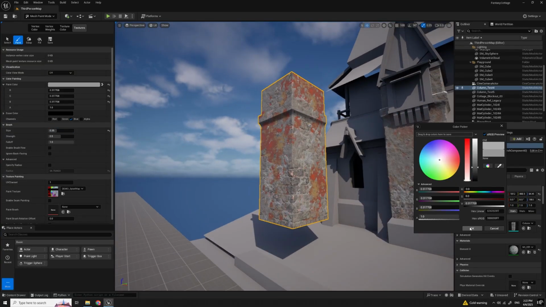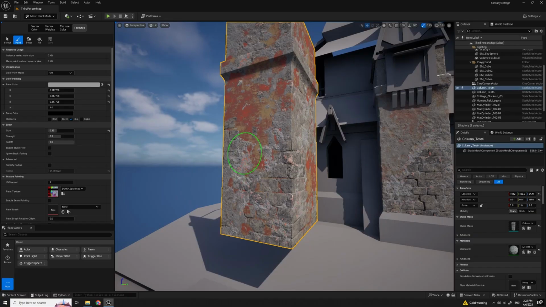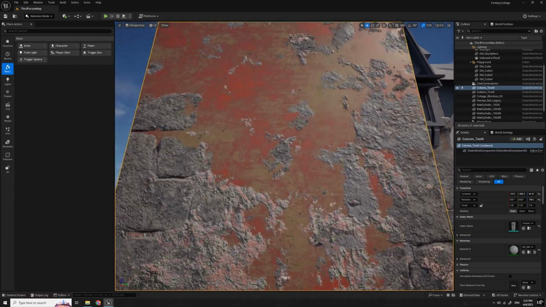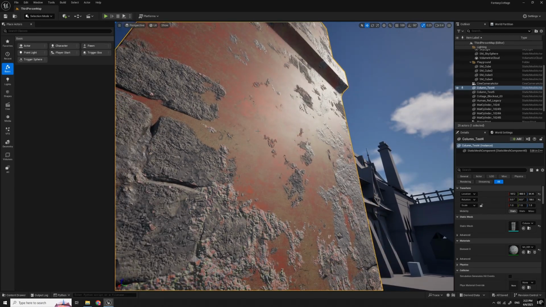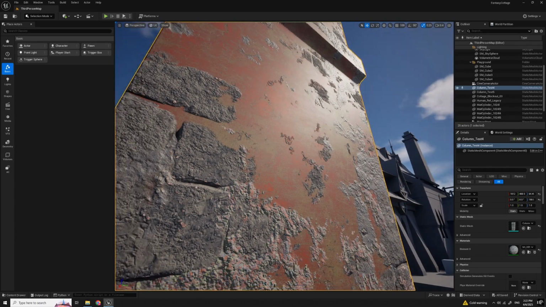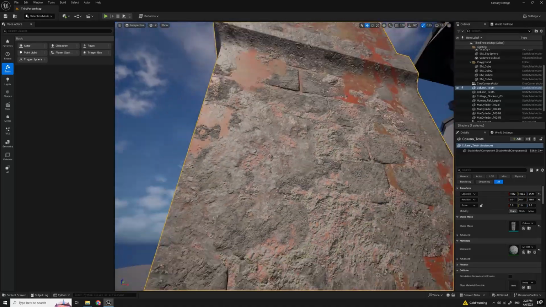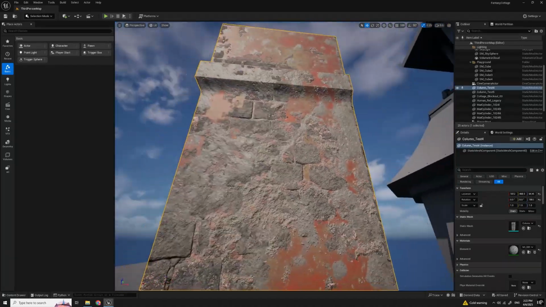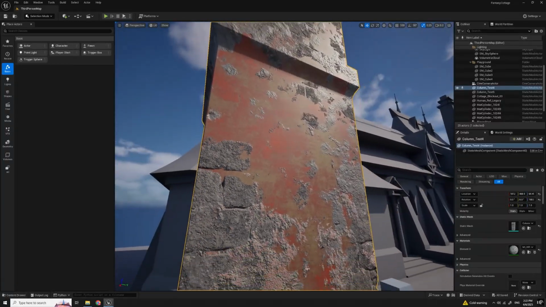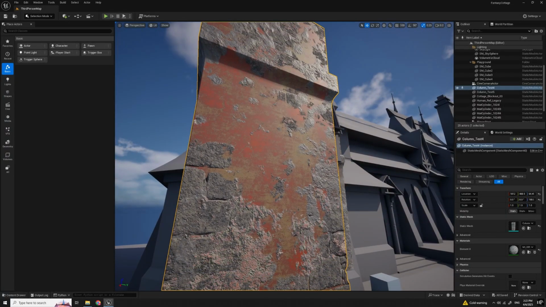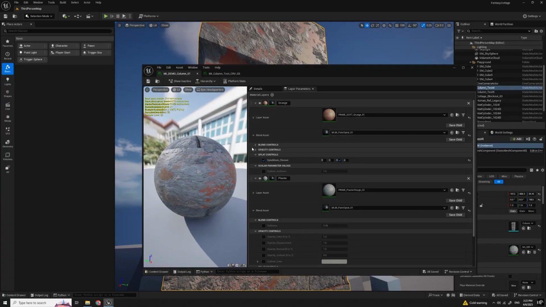Let's save and see what we got. And here we see a problem. The normal map of the grunge layer overlaps the normal maps of the underlying layers. Moreover, it is obvious that the normals of this layer are flat, and that is because we're not using the MNG texture map for the grunge layer. I'll show you how this is handled in the node graph, but for now, let's see how to fix this